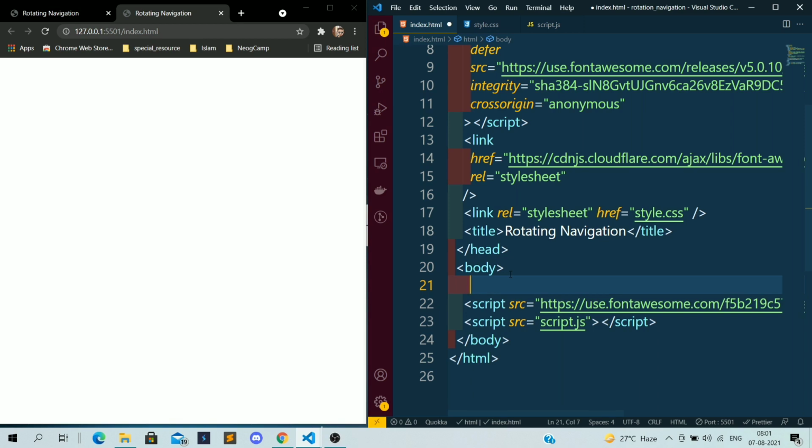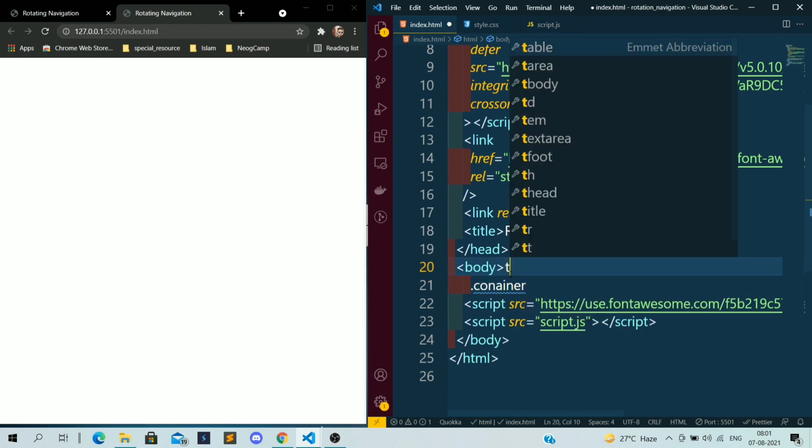What I want is one container, one div of class name container.